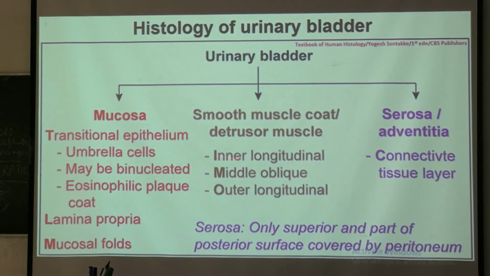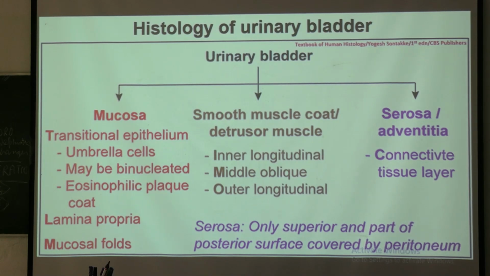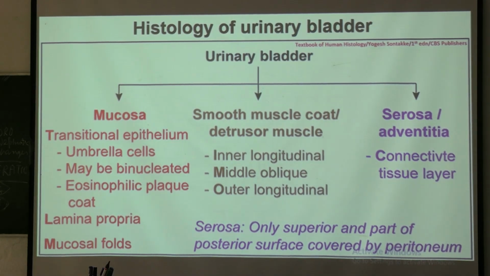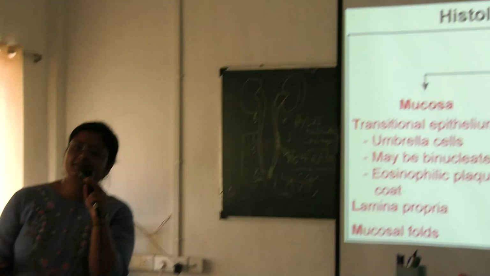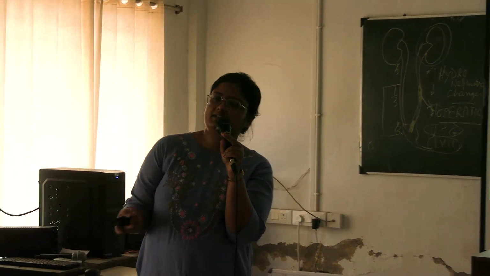So this is a summarization of histology of urinary bladder. The trigone of bladder is important, it is important for your viva. In viscera there is composite viscera, or there is also viscera of bladder. Okay, so if you are given those viscera in your viva table, you will be asked questions regarding this.